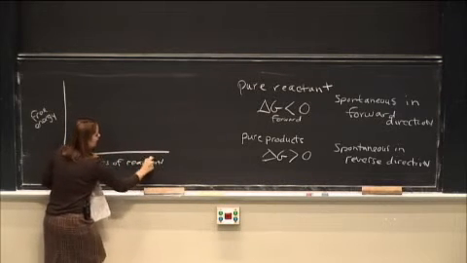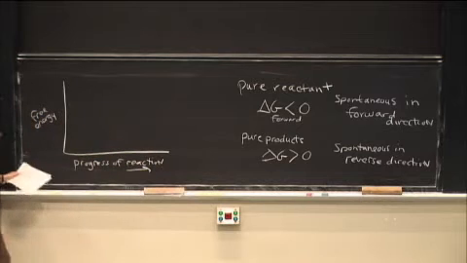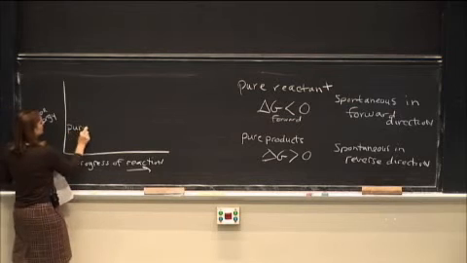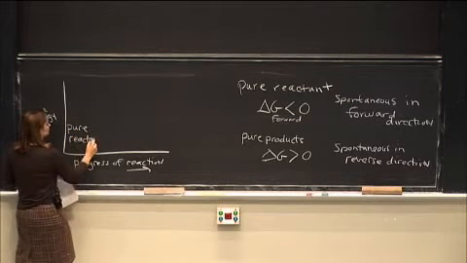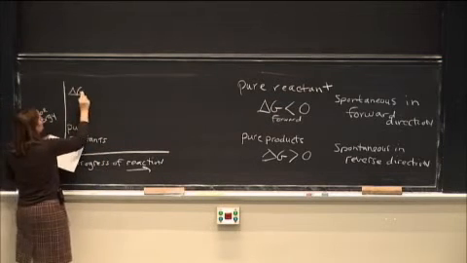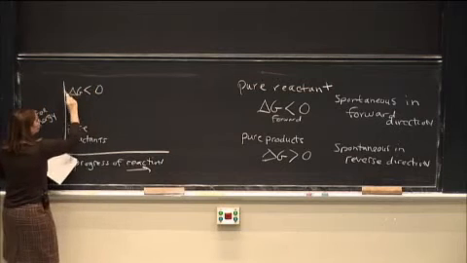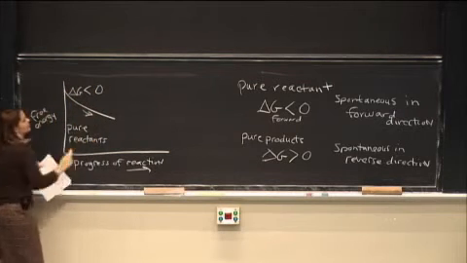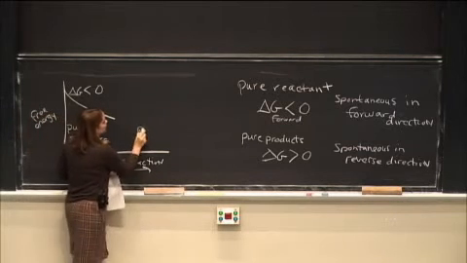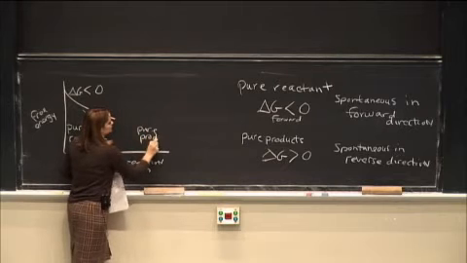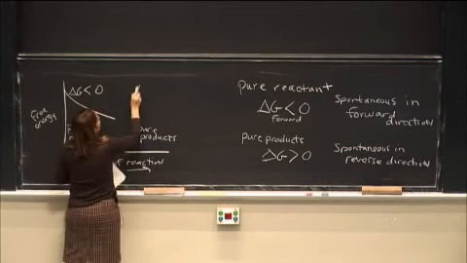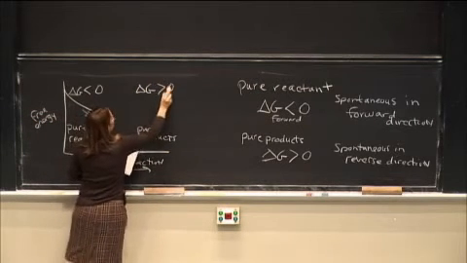So the progress of the reaction is going this direction as you go along. So in the beginning, if you have pure reactants, delta G is going to be less than 0, and you're going to proceed along in the forward direction spontaneously. If, on the other hand, you have pure products, delta G will be positive, so you'll be spontaneous in the reverse direction,